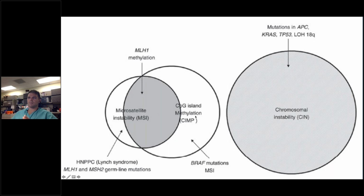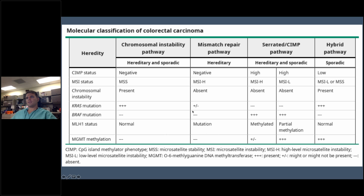And we're going to explain them and then go back to this chart to look at how it affects it. These are, again, just the pathways and what we'll see here. The big thing to note on the differences between these pathways is that in chromosomal instability, you have microsatellite stability, versus in these other two pathways, you start to see microsatellite instability and a high microsatellite instability. The importance of all this, we'll get to when we break it down individually, is